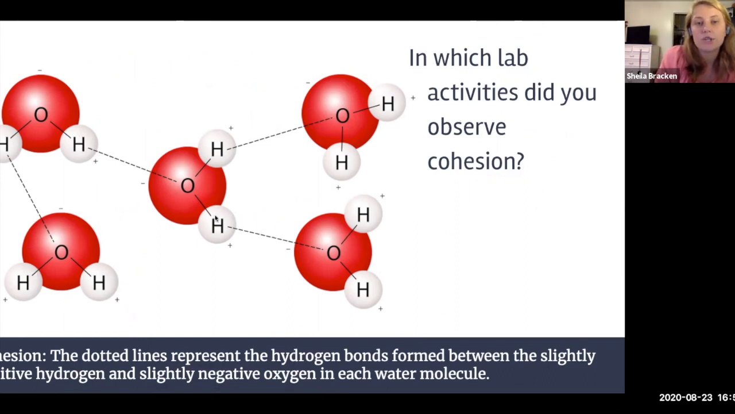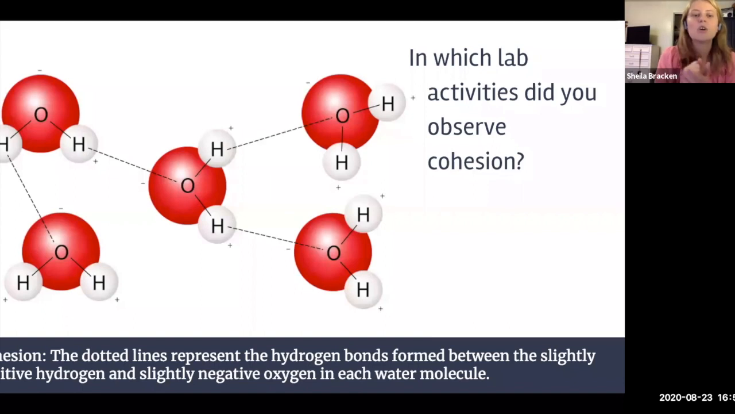Cohesion, right, is what we're showing here. I want you to think, which lab activities did you observe cohesion? It was probably multiple activities. Wax paper, whenever you had it on the wax paper, right? That cohesion is what formed those bubbles, right, to keep the water clumped together as one. So even though we started with the water spread out, whenever they touch each other, they like to stick together,